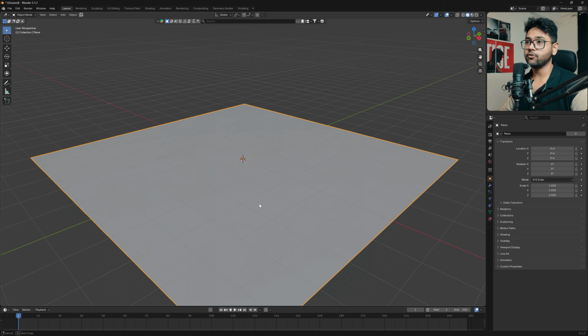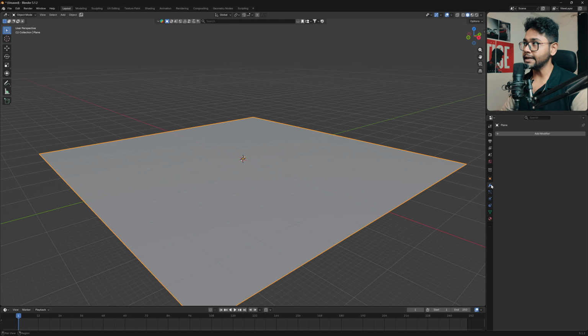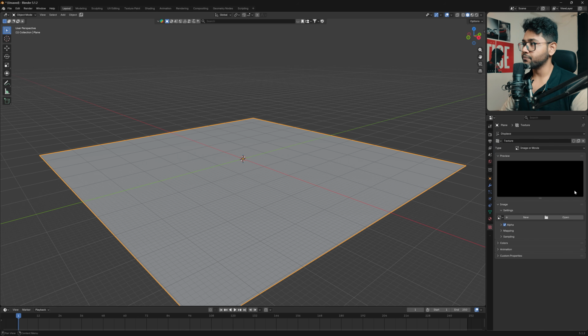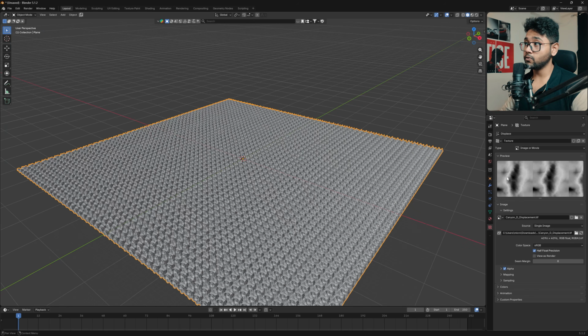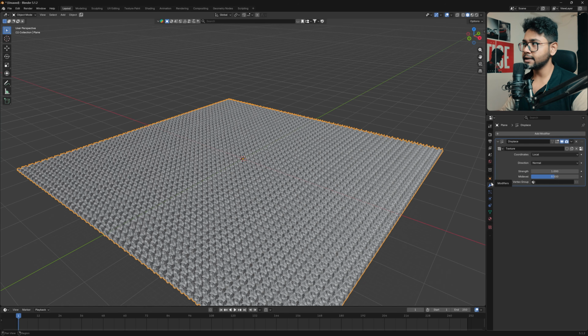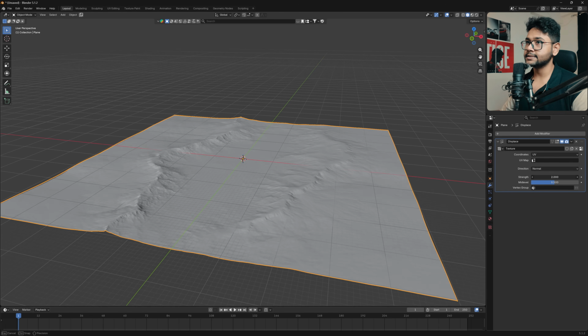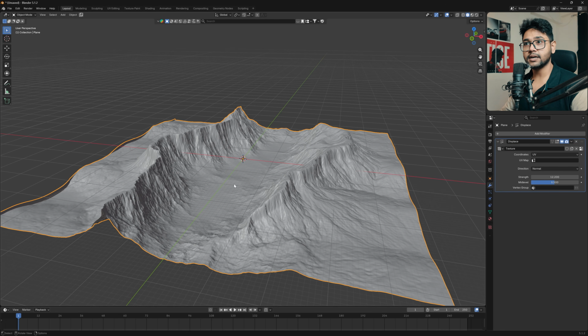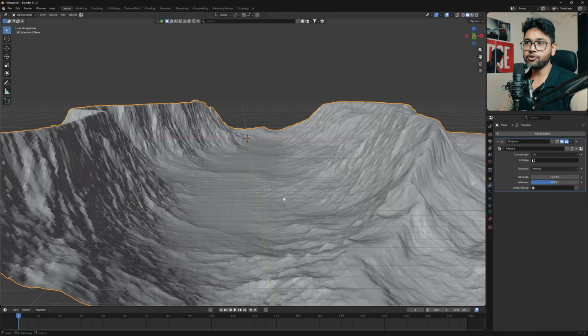And now after that I'm going to import a displacement map. So simply click here, going down you can find this called displace, and now click this new button and you need to import one displacement map. So I'm going to import this displacement map. Now let me tell you how you can manage this. Simply click here, now go to coordinates, change it to UV. Wow, and now increase the strength. You can actually see the mountains in front of you using a simple displacement map. Well, I'm going to create a 3D scene.